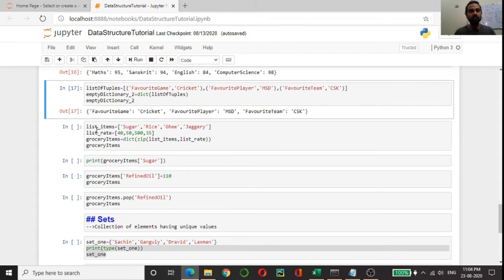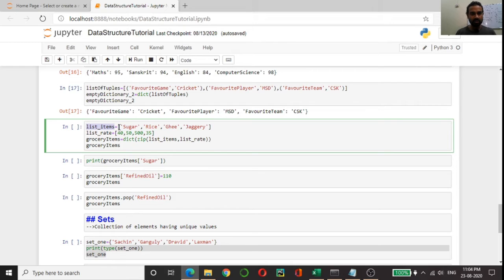The next way in which we can create a dictionary is by using two lists. As here you can see, I have defined list items. Here I have the name of the items, and the second list is the list rate. Here I have defined the rate of those items, and we have to zip them together. So zip is an inbuilt method in Python which pairs up the items in the two lists.